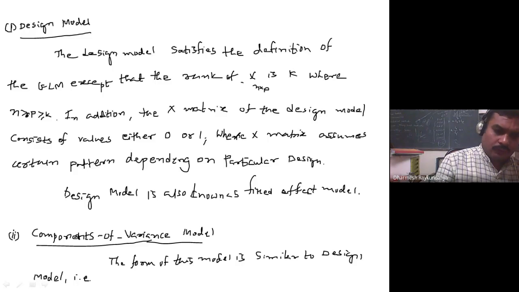That is, the x_ij values are either 0 or 1. So it is like a design model in the way that the X matrix takes value either 0 or 1. A model in the simplest case, to understand,